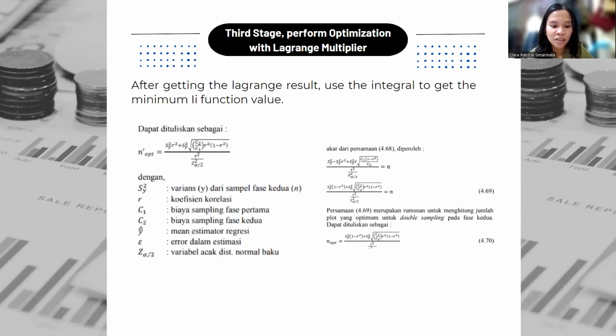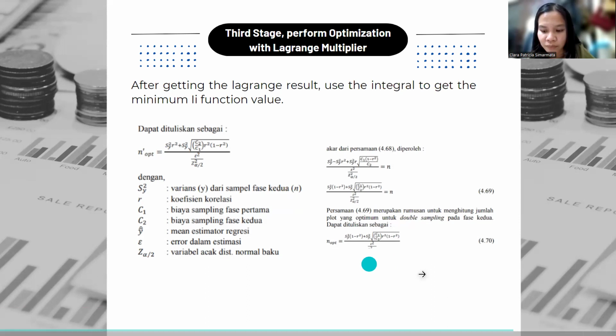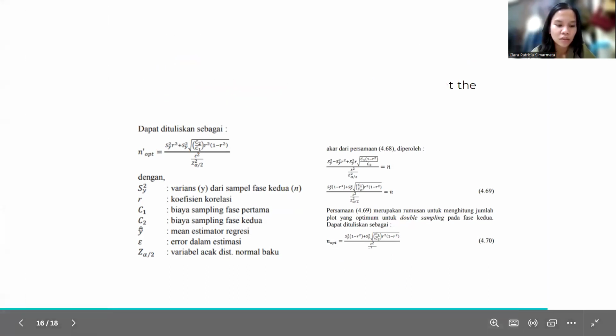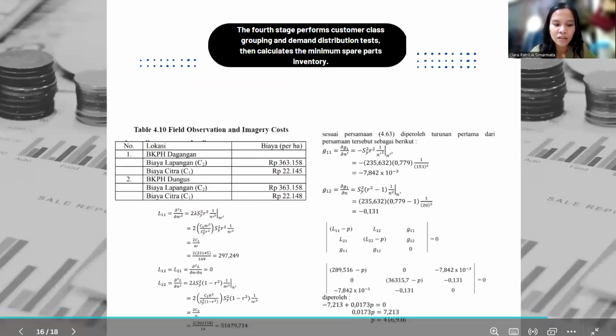Next, third stage, perform optimization with Lagrange multiplier. After getting the Lagrange result, use the integral to get the minimum function value. We can write like this, and we can put the variable into the equation, and we get the result, OPT, and this one, the result. Next,